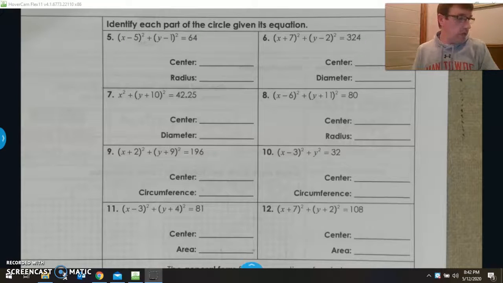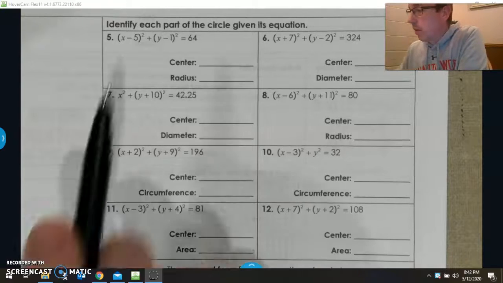Good morning, everybody. Today we're going to review a little bit about the center and radius of a circle. Then we're going to be given the center and radius, or center and diameter, or center and area, something like that, and then have to create an equation. So if we take a look at, say, number 5,